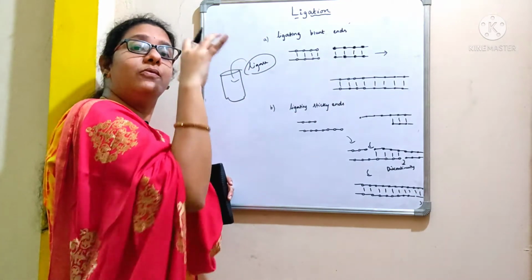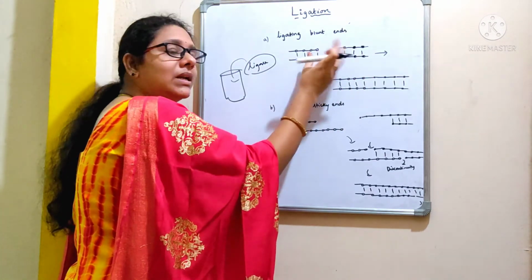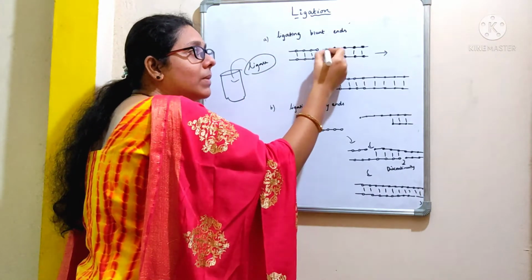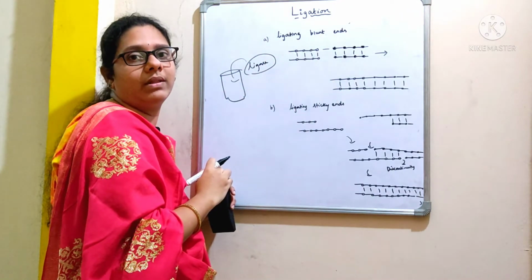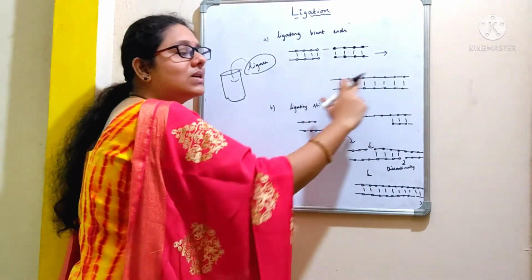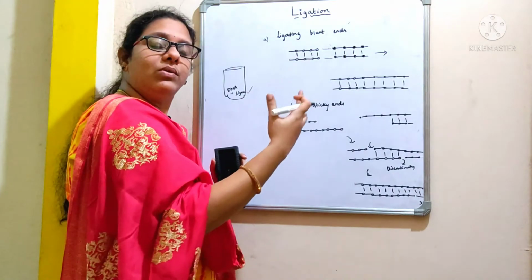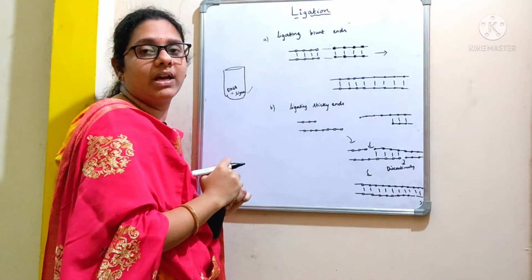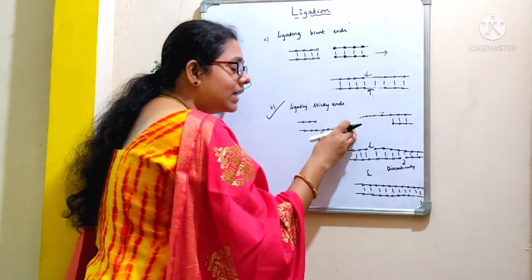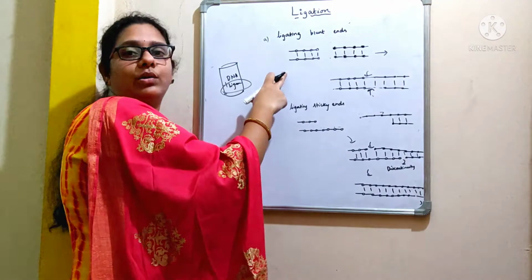It has to wait for the association of these DNA molecules. When they come in close contact with each other, then this enzyme ligase is going to form a phosphodiester bond between them. In this way, these blunt ends will be ligated, giving rise to a stretch of double-stranded DNA molecule. So here we need to add a high concentration of DNA molecules in a reaction tube. In contrast, ligation of sticky ends is much more efficient compared to blunt ends.